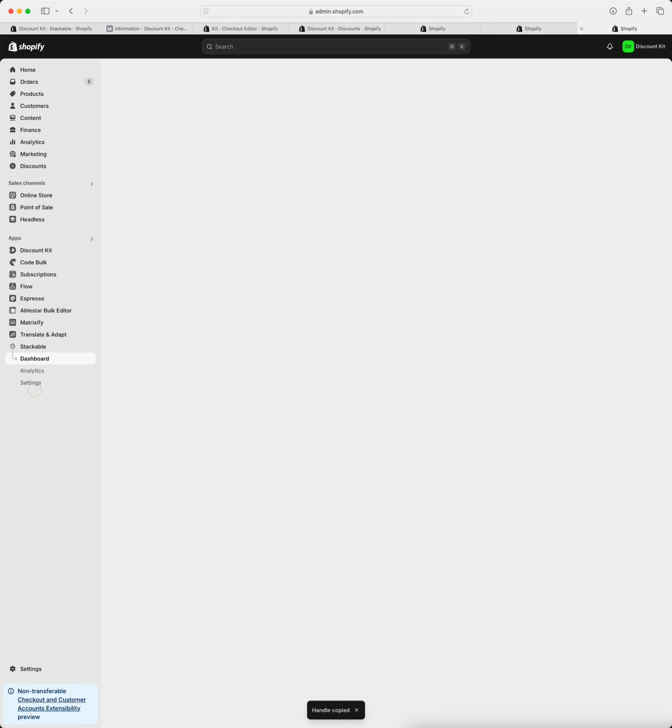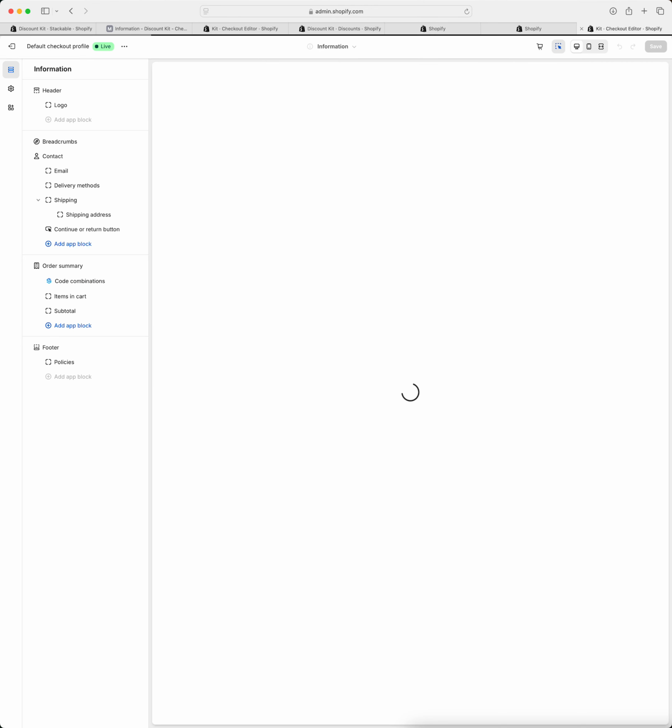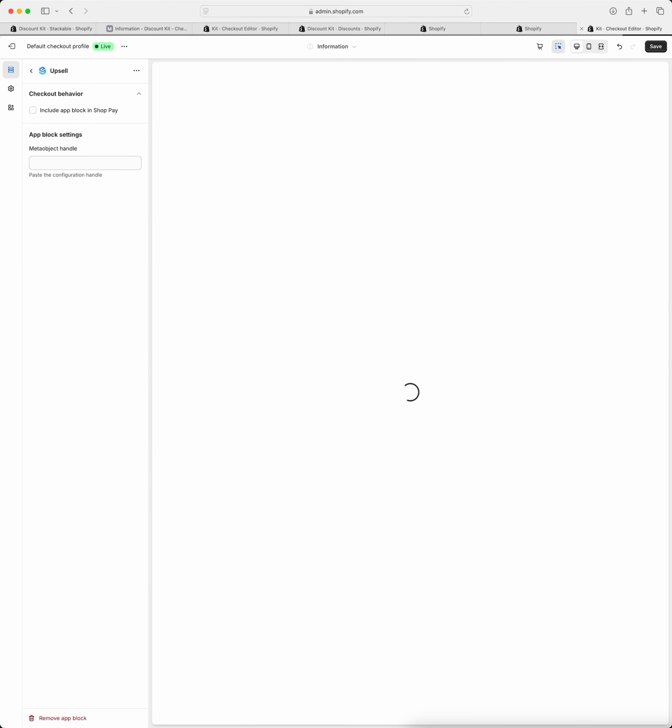If I then go back to Stackable, I can do this little shortcut to get to my checkout editor by clicking add to checkout. Unfortunately, the checkout editor doesn't seem to load in Safari, but what we're going to do is add in the order summary an app block, and we're going to add an upsell. And here you see that it takes the metaobject handle that we copied earlier. And if I hit save there,